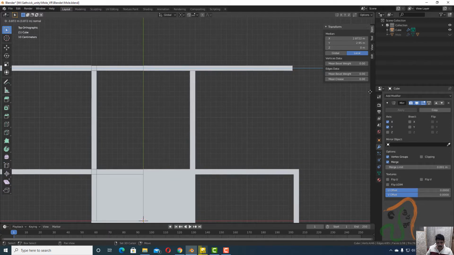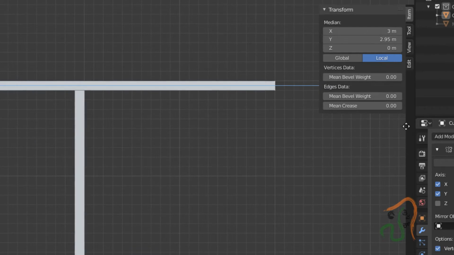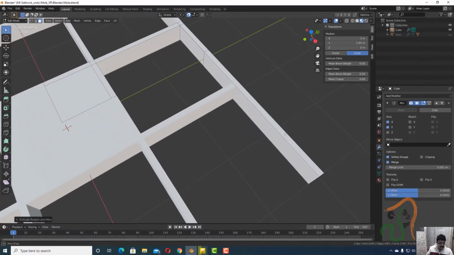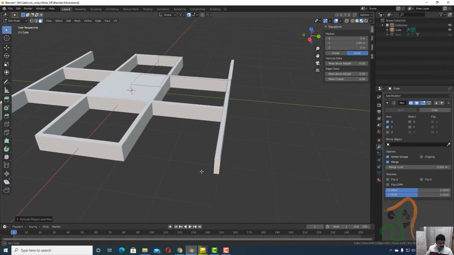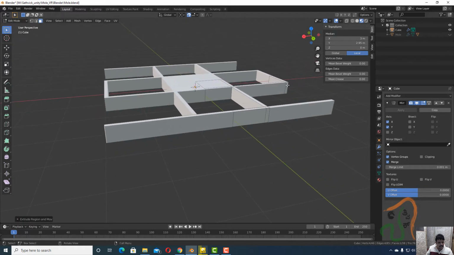Okay, see, if you press shift tab, the snapping will be on. Shift tab is the keyboard shortcut for snapping. Let us snap it to the grid over here. Okay, fine. Now let us select the other grid here. That is we have one more face here, so the other face is present here.